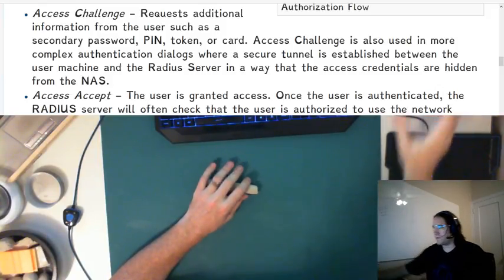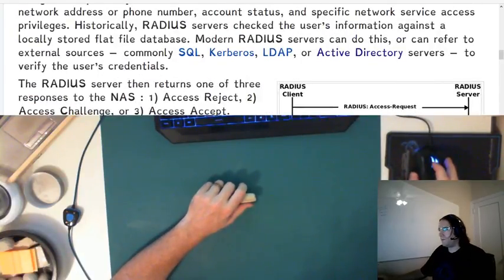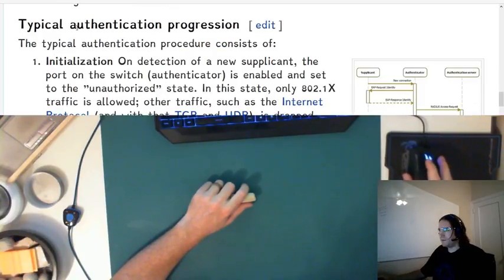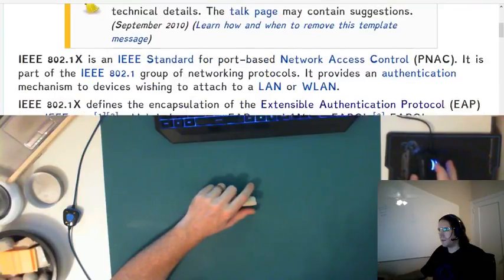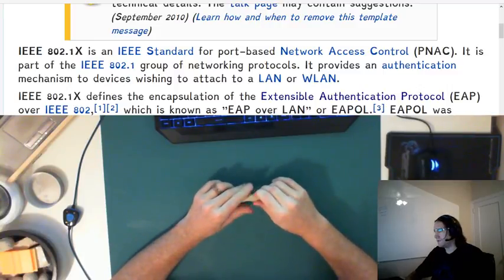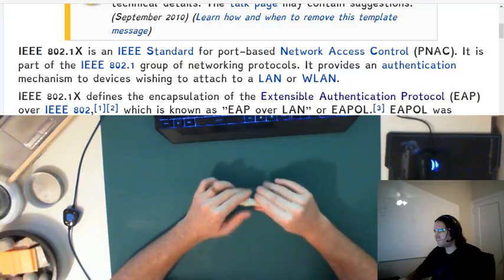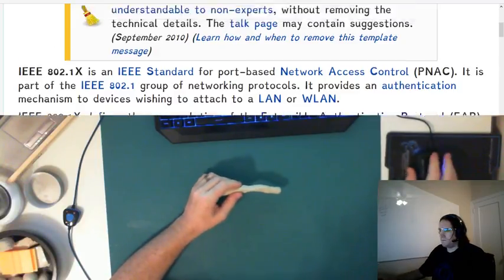And I want to go down even further into the 802.1x authentication. That was just the RADIUS communication. Now on the back end of the RADIUS communication, there is the 802.1x for username and password authentication. Okay, so